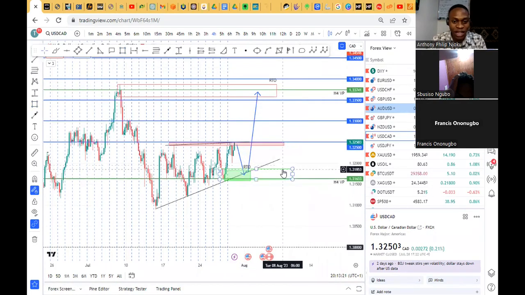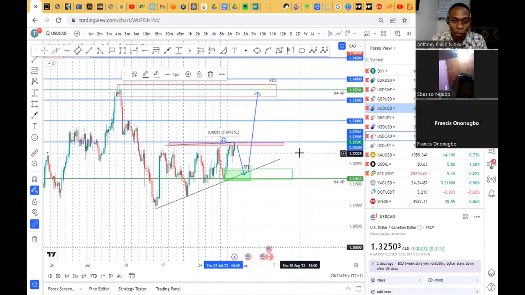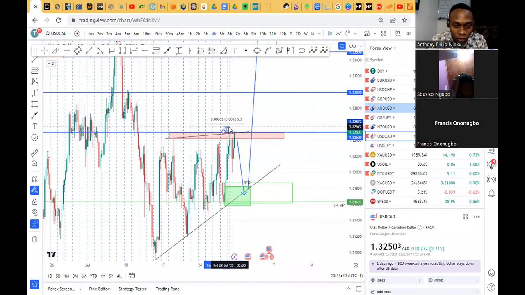And the strategy of trading an ascending triangle is to set your buy stop orders. These are principles of trading. I know most of my students that are on this call won't be happy I'm sharing this secret with the public, but my passion is leadership and financial freedom. What makes me happy is when you're able to use this information I'm sharing with you to make money and bother less about your challenges in life. So if you're able to place your buy stop orders 5 pips away, you won't fall into the trap of a stop hunt.